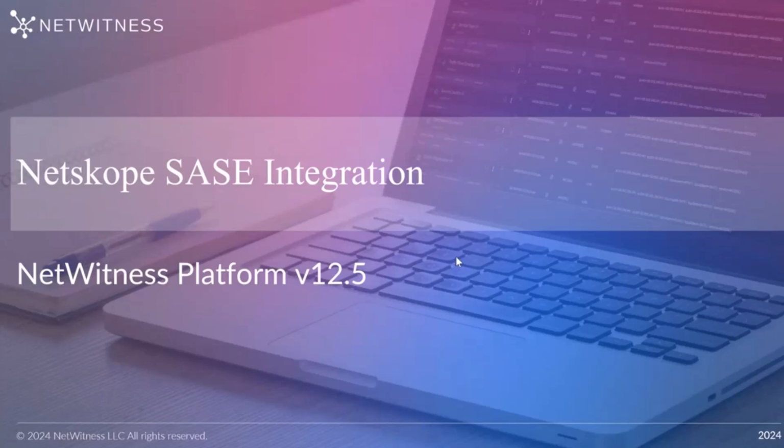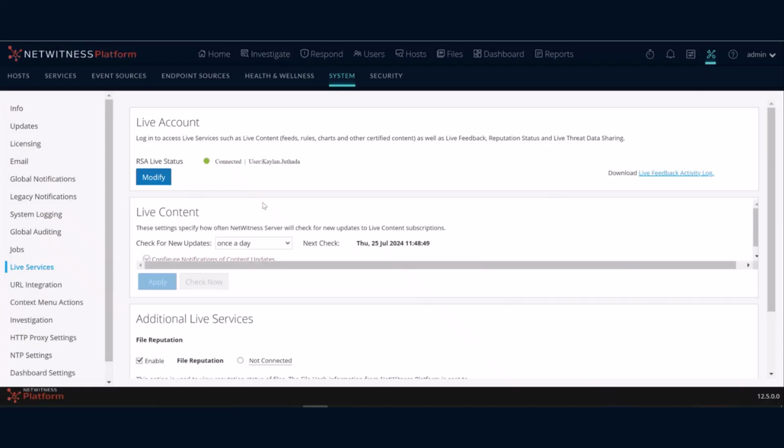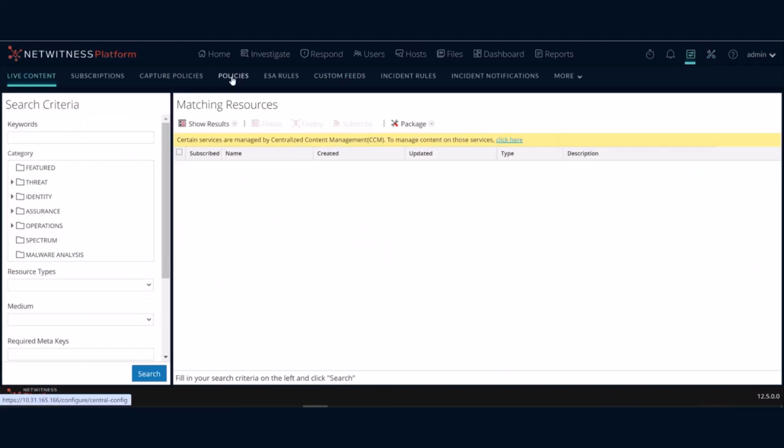Similar to Palo Alto, administrators can configure Netscope integration using CCM, and the data that is captured will be processed by NetWitness and provides a comprehensive view of network traffic and the malicious activities. To use the Netscope plugin, ensure that the live connection is enabled and also make sure that the decoder services are managed by CCM. Now to create and publish a policy for Netscope integration, navigate to Configure Policies page, click Policies,